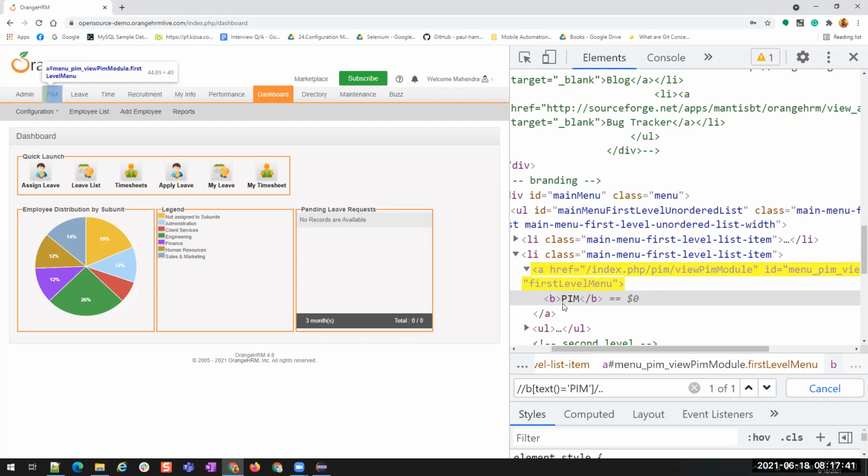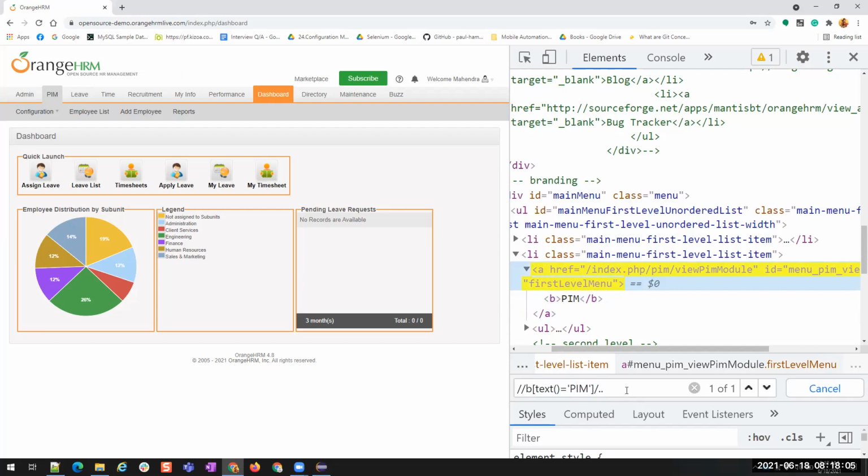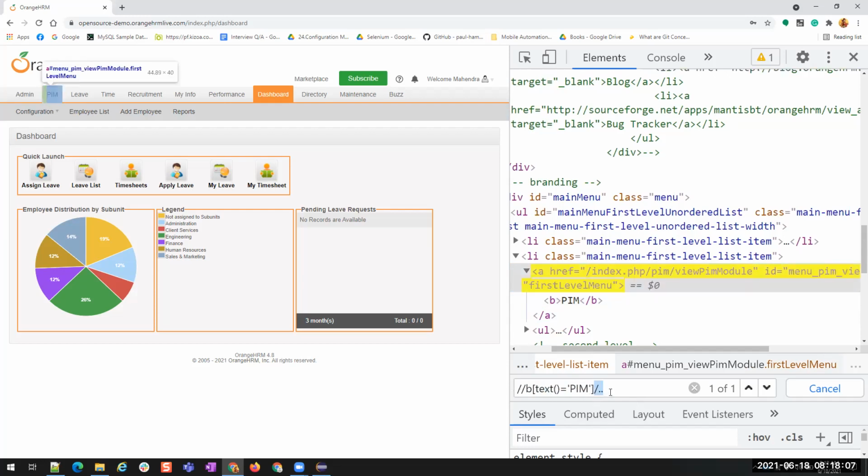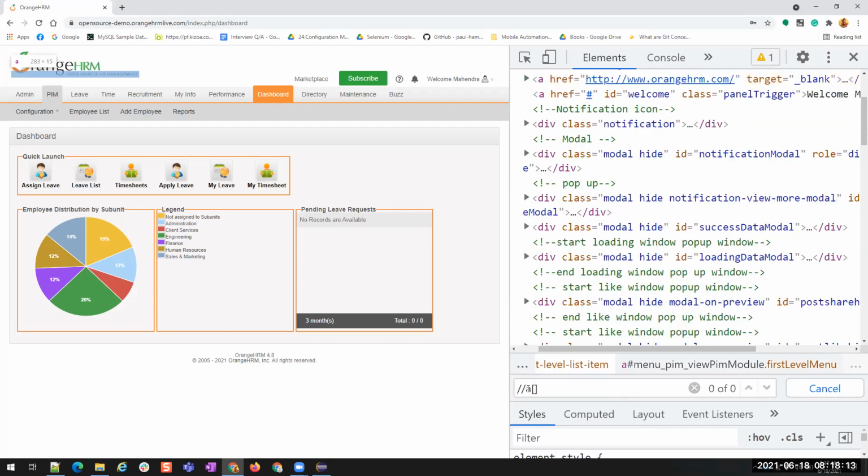Come on, what did we discuss? How do we find this? Which one, the B one? Yeah, no. See, now here I'm finding the text B element and then going to its parent. I don't want to go like that. I want to directly find this A based on this text. What should we do? Preceding, no. Sibling, no. This is simply something. We use the contains and dot, right? /A, and then inside this I use the contains method. This contains is going to find that particular text presence.